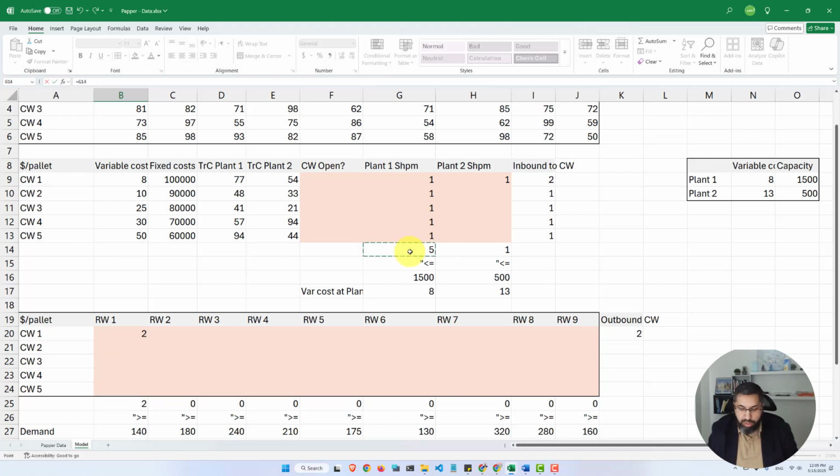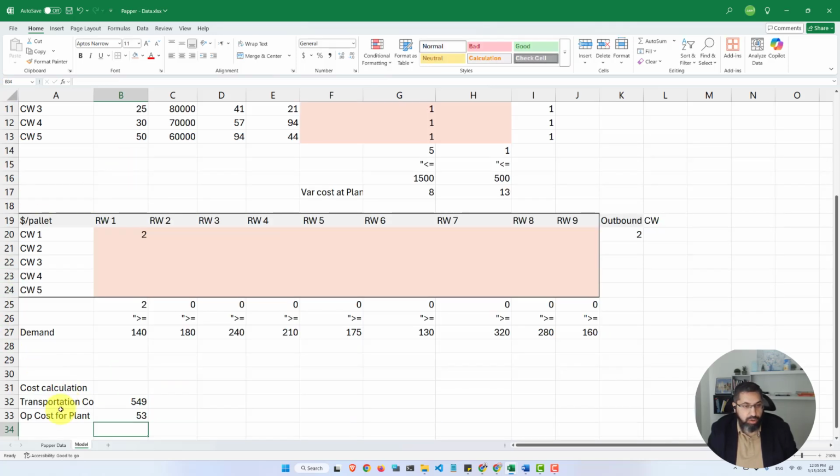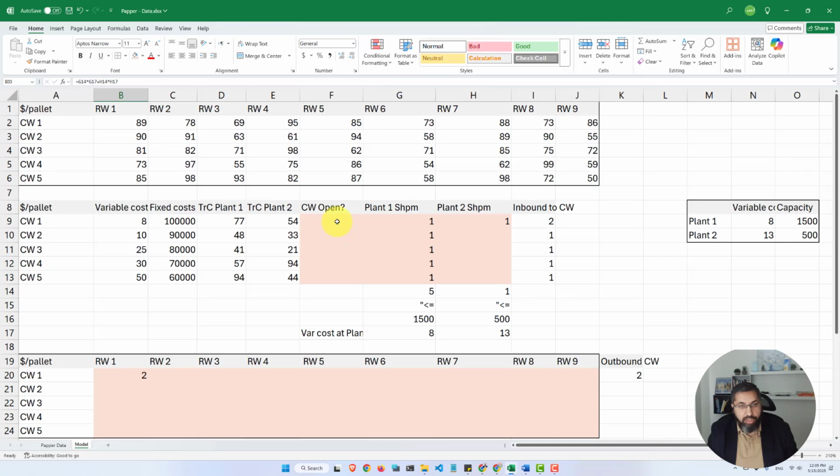So we're going to do this times this plus this times this. If I did a sumproduct of these 2 cells with these 2 cells, it'll multiply the first cells in each array, and then plus the multiplication term of the second 2 cells. So it's 5 times 8 plus 1 times 13 for now, and then as 5 and 1 change, these costs will change. That's the operating cost for the plant, right? And to that,